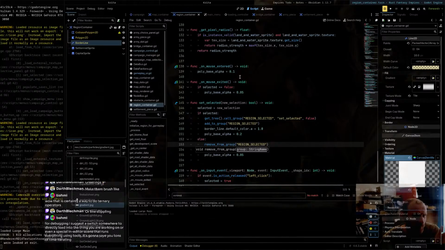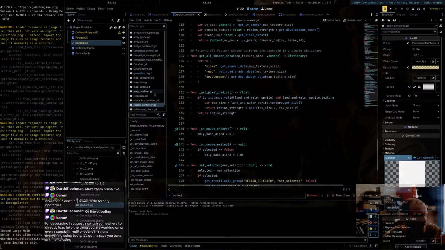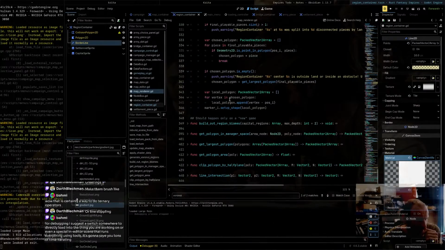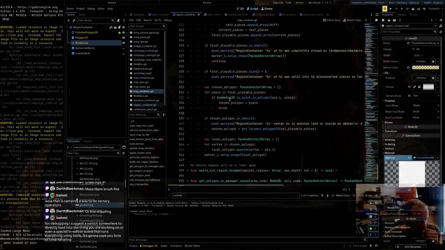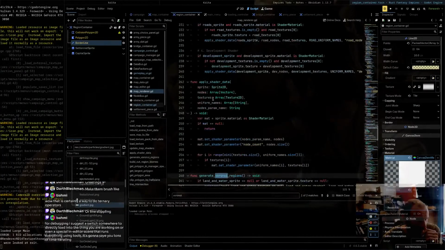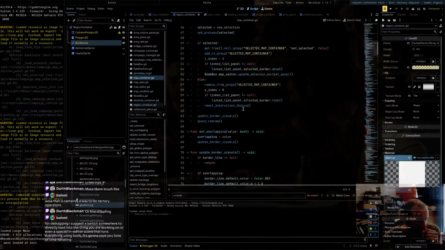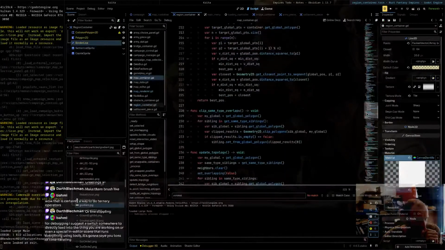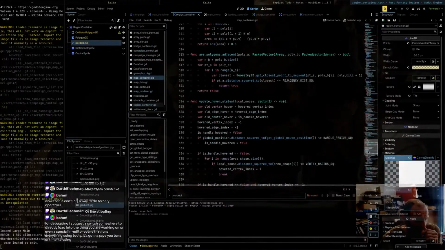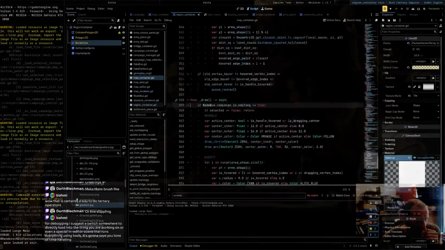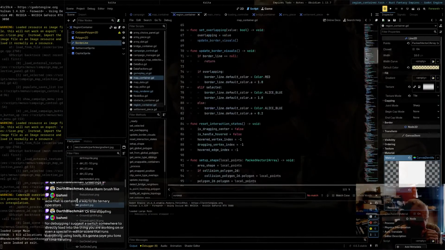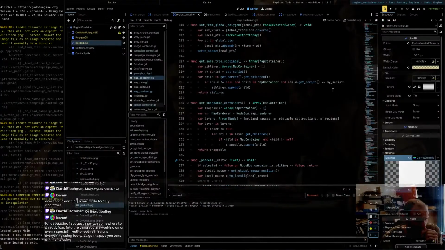When you make the polygon, did I try this? I feel like I tried it and it was buggy. Hang on. I feel like I tried this already. When do I make the polygon? The